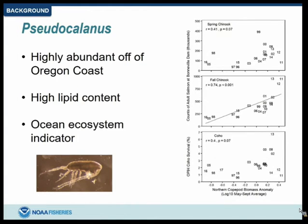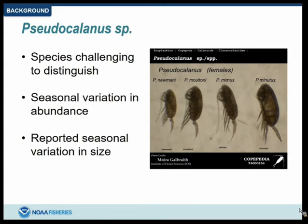And they're actually one of 3 northern copepods that are used as one of a suite of ocean ecosystem indicators to assess ocean health. And the northern copepod biomass anomaly in this figure can actually be correlated with salmon returns. But the thing about Pseudocalanus is that it's a genus name, not a species name, and we actually were not 100% sure which species of Pseudocalanus were occurring off of the Oregon coast. Species of Pseudocalanus are really challenging to distinguish from one another